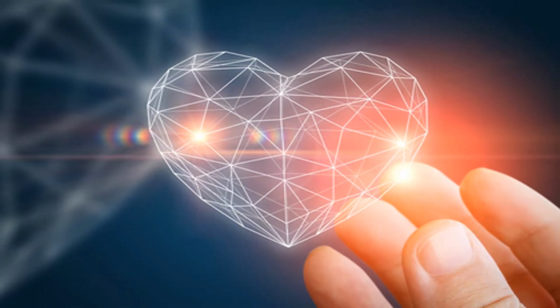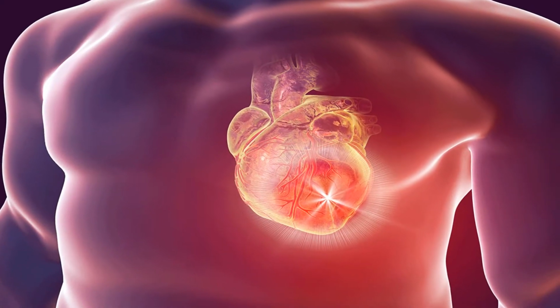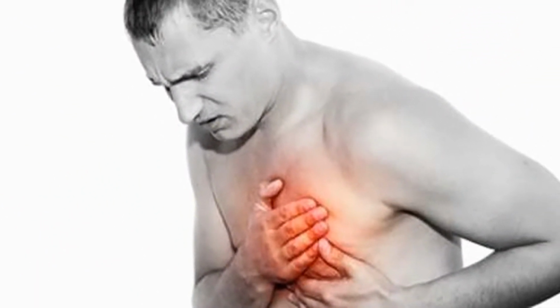The heart is an amazing organ. It keeps us alive by its fascinating work. But in order for it to help us, we also need to play our part in it. Keeping track of our heart's health is an important task because not everyone is lucky when it comes to heart